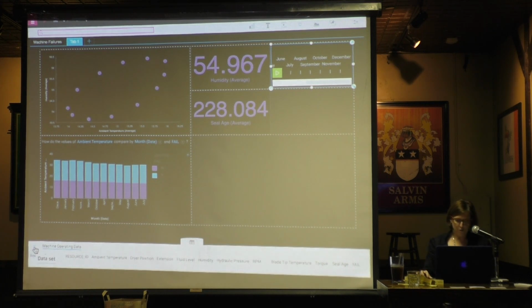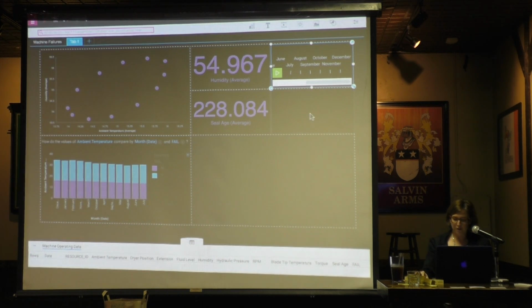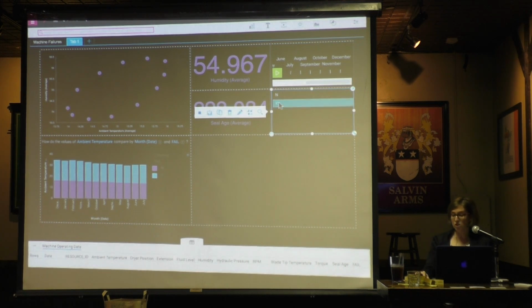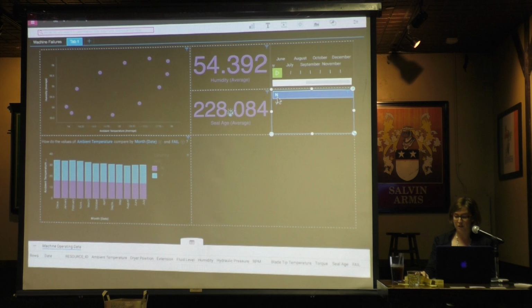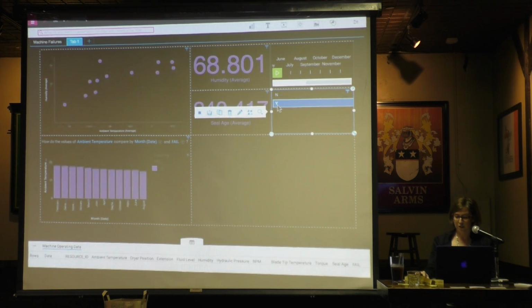Let me do something else that might, okay, fails. If I bring fails over, let's see what it defaults to, and I'm going to probably change it to a radio. Okay, it just gives you a list, so this can function as just a filter. Okay, but if I did want to change this to a visualization,